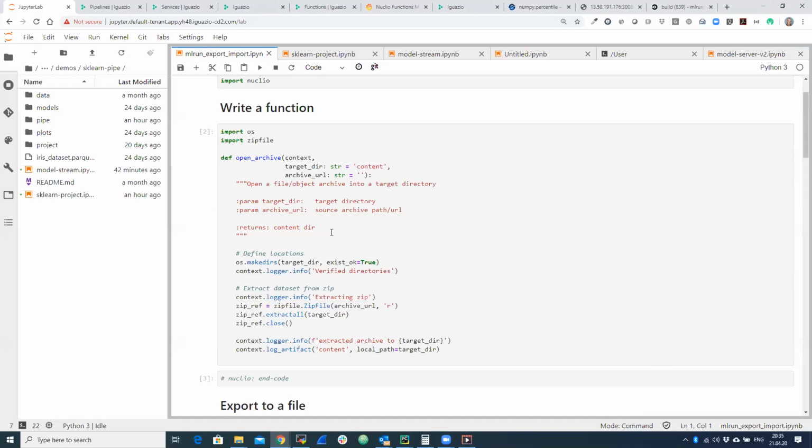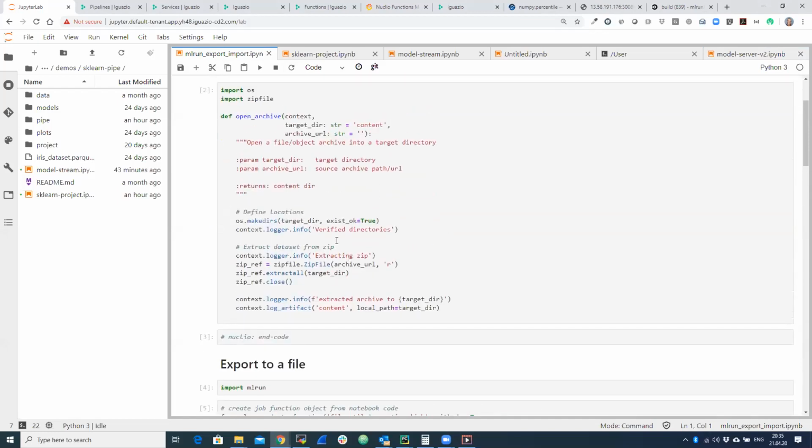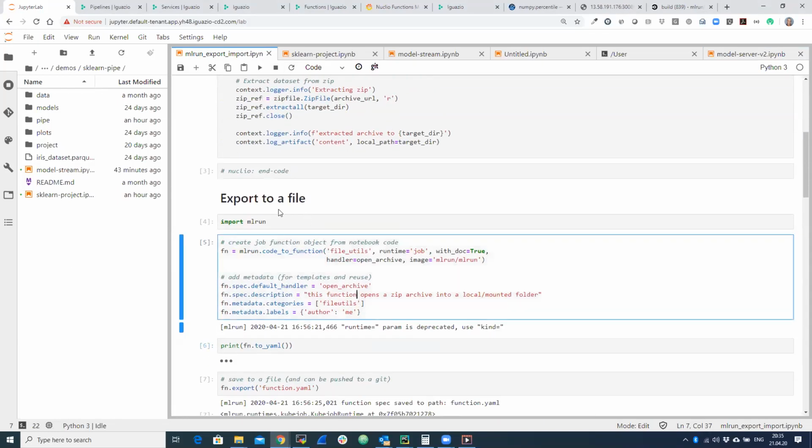It opens an archive, reads from S3 as an example, and opens it up into the built-in cluster file system we have, and potentially it can analyze, unzip, etc. So I can write this simple function in my notebook, and then I could even document it if I want, add a description, give it categories, because maybe I'm going to push it into a marketplace, like we're going to see in a minute.